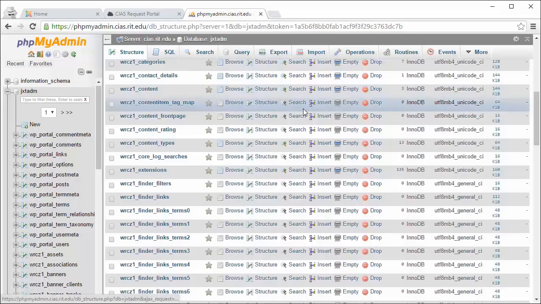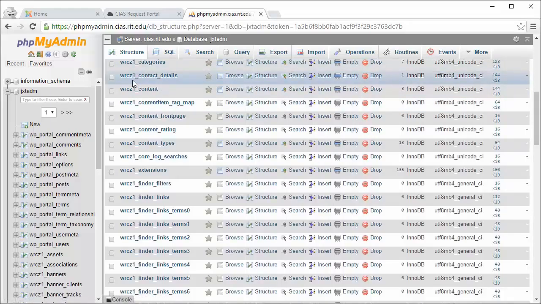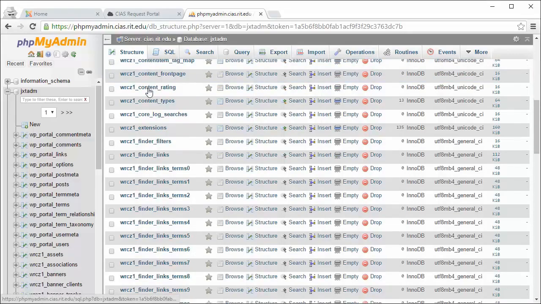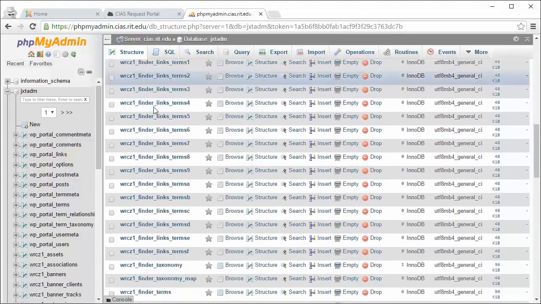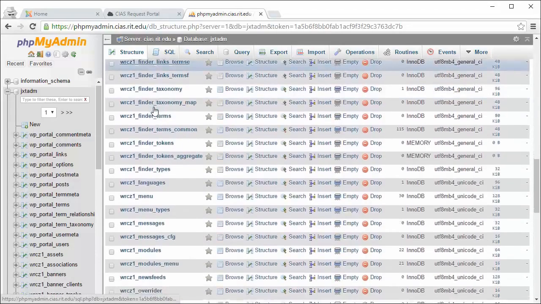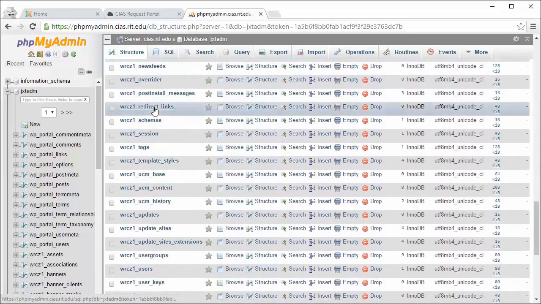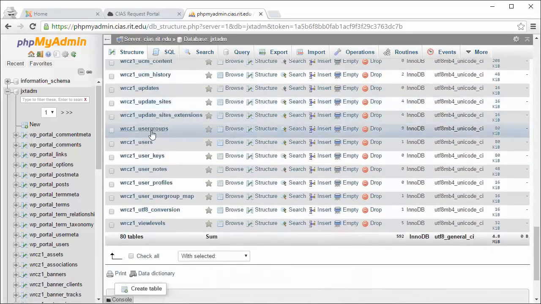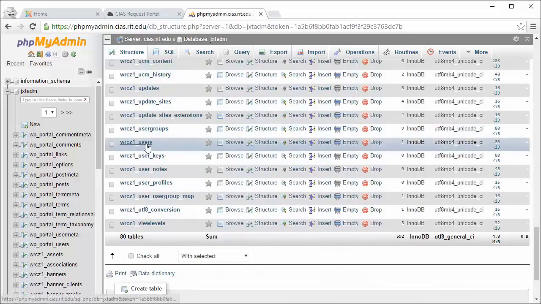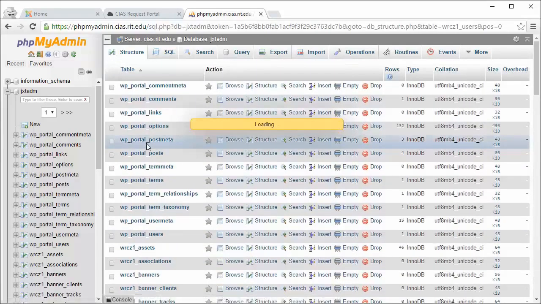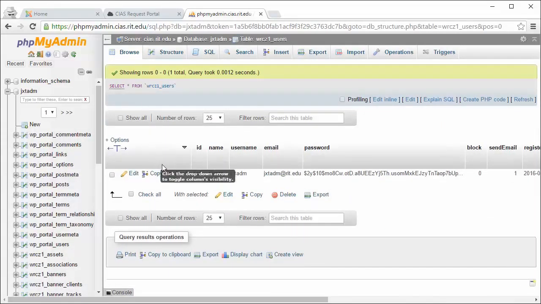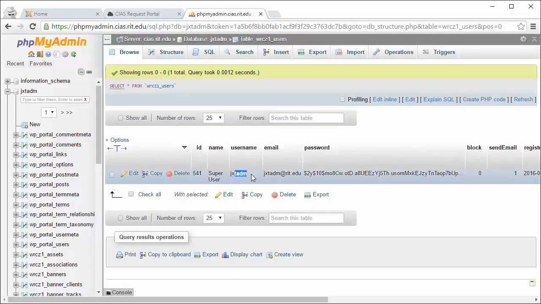Down below here we will have ones with this other prefix. This is what we specified in the installation, and these are actually the Joomla tables. I'm not expecting you guys to really use this, but I just wanted you to know it's there in case you want to explore it all. So for example, if I went into this users table, I would see myself now as a user.